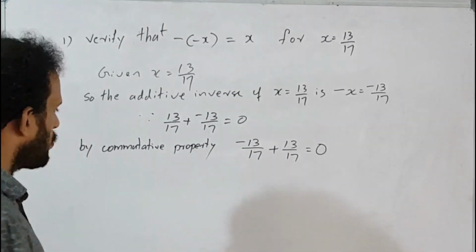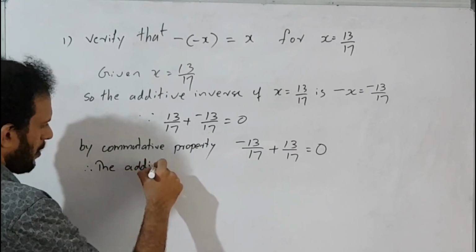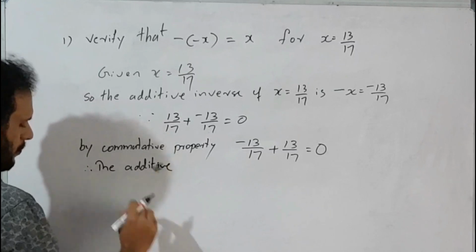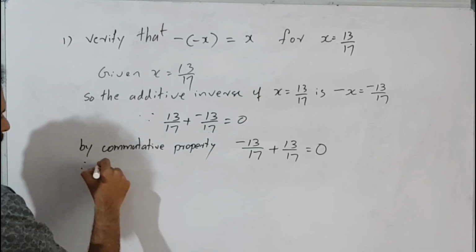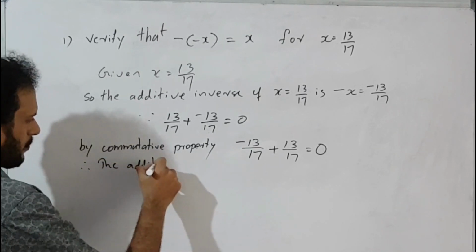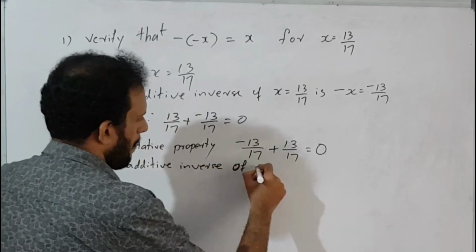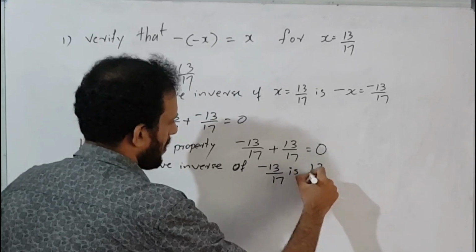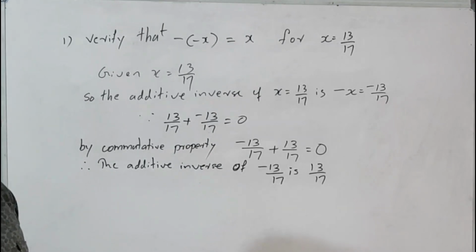13/17. Okay? So therefore the additive inverse of -13/17 is 13/17. Correct? So the additive inverse of -13/17 is 13/17. That is